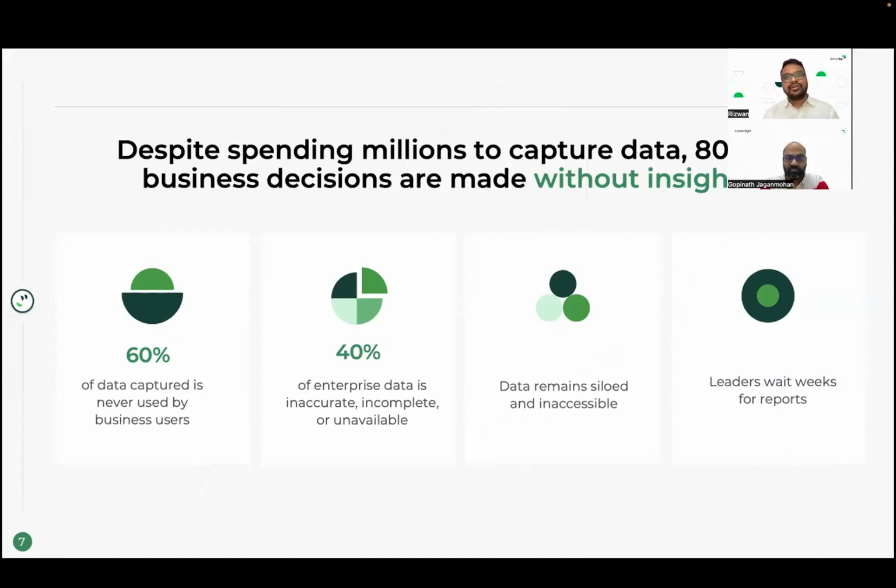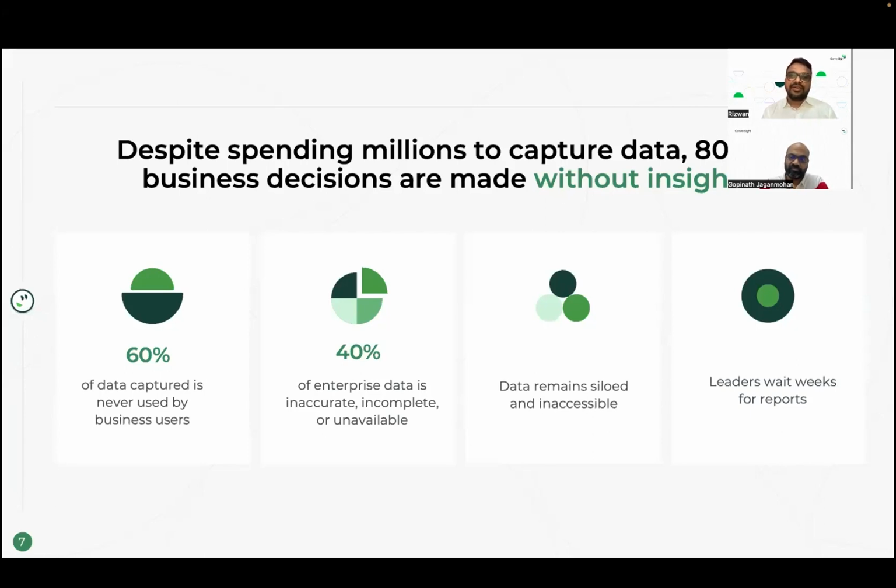What are the challenges we've been seeing in the last few years? With all the data that has been growing, many times decisions are made due to intuition or the leader's ability to envisage things, but predominantly most decisions don't happen with the data, because you have a lot of data across multiple different systems, and for leaders to quickly visualize or get an insight from those specific reports becomes a big challenge today.